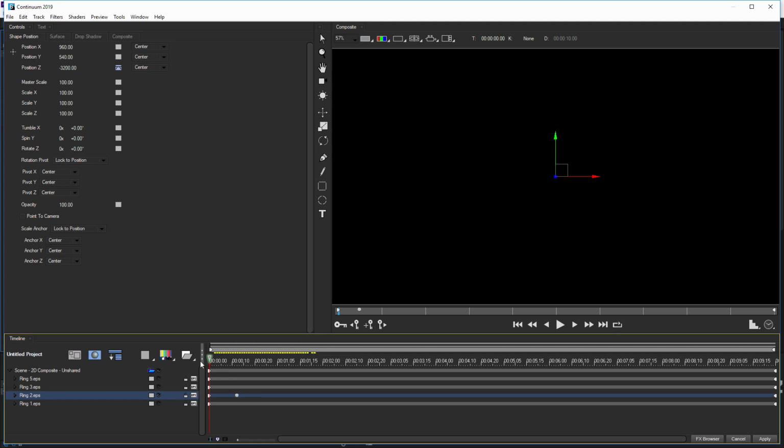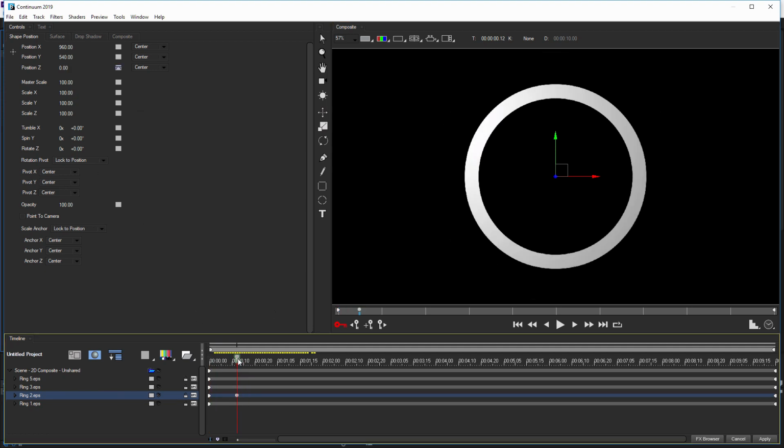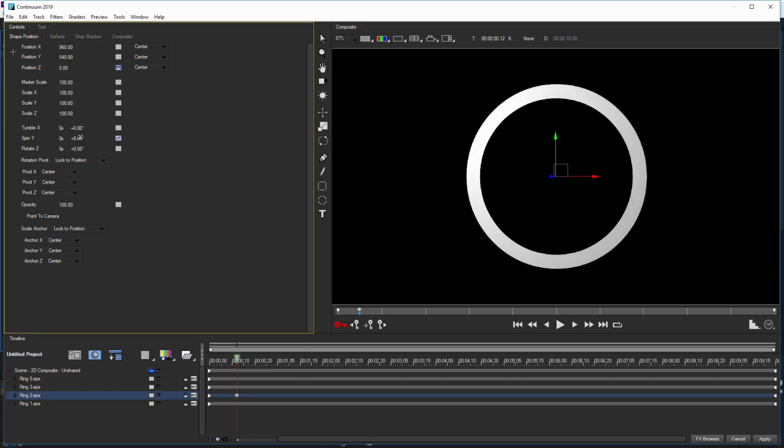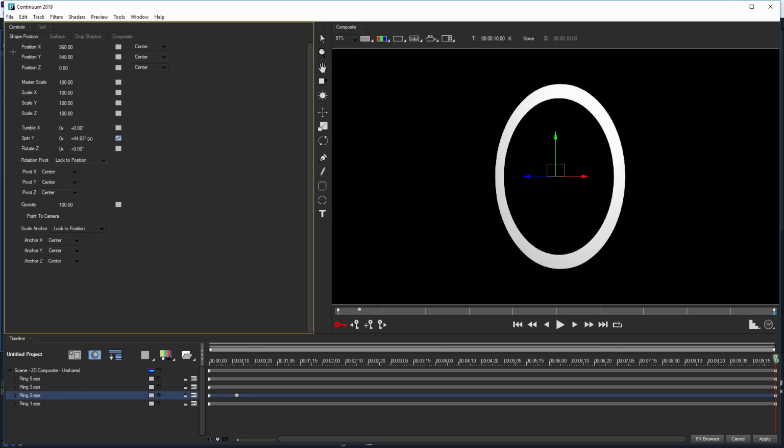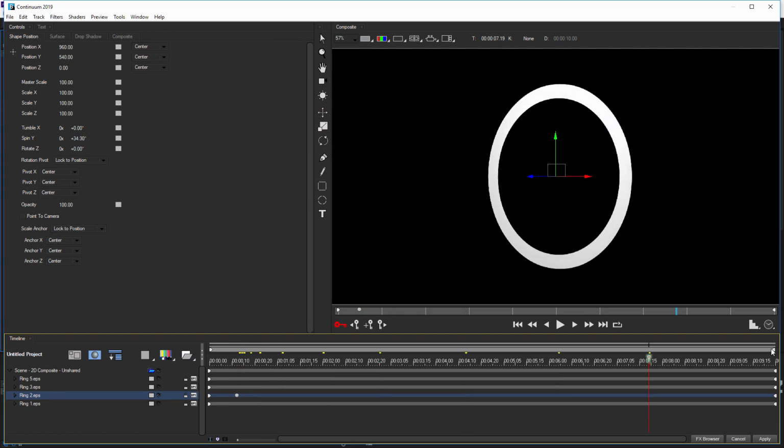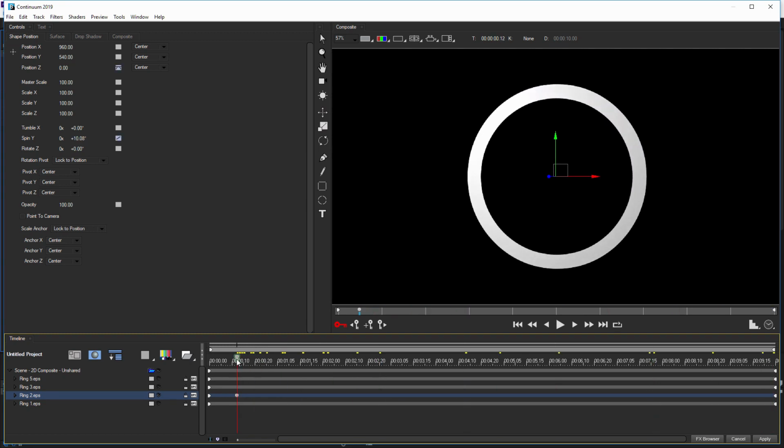Now, if I don't want to keep adding keyframes manually, I can always just turn on auto animate down in the viewer here, which is exactly what I'm going to do. So let's come in and have it so that once it comes in, which direction should we have this going? Let's have it going there. So we'll take it there, and then right at the very end, I'm going to have it going around about there. So 10 to 40, all right.